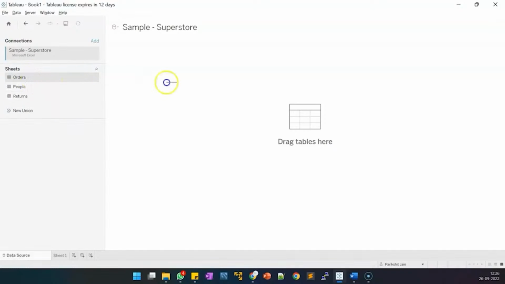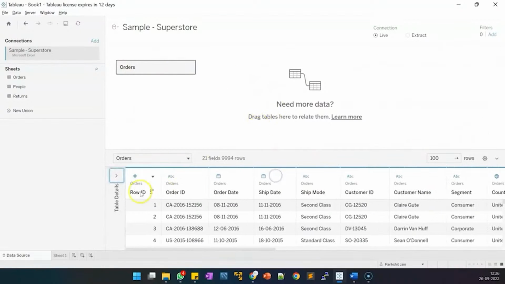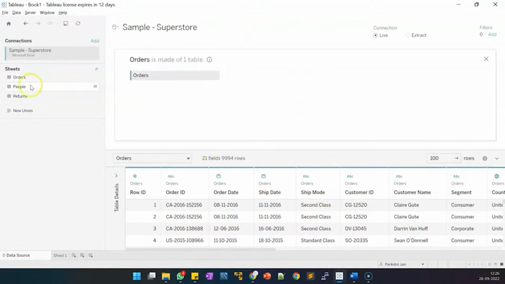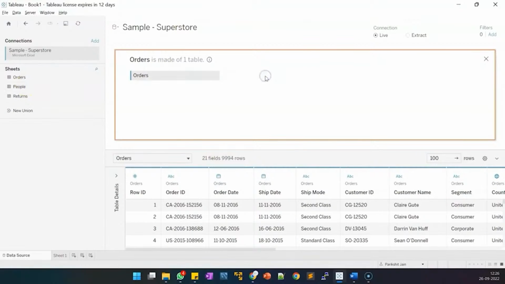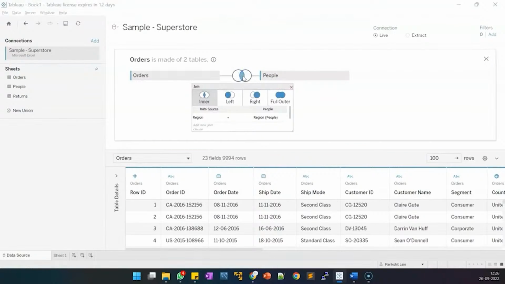So the first step is to drag the orders table, the order sheet, onto the relationship canvas here. And you can see the sample data, the first 100 rows, over here. Then now we need to create an inner join with the people's table between orders and people. If you see, it has automatically detected the field names on which the inner join has to be